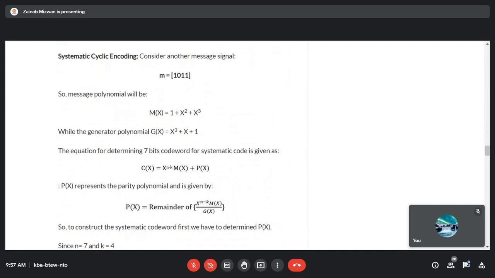In systematic code, your procedure is lengthy. Okay, step by step you need to keep things in your mind, the steps you need to perform for finding out the systematic cyclic code. Okay, so coming to the systematic cyclic code,